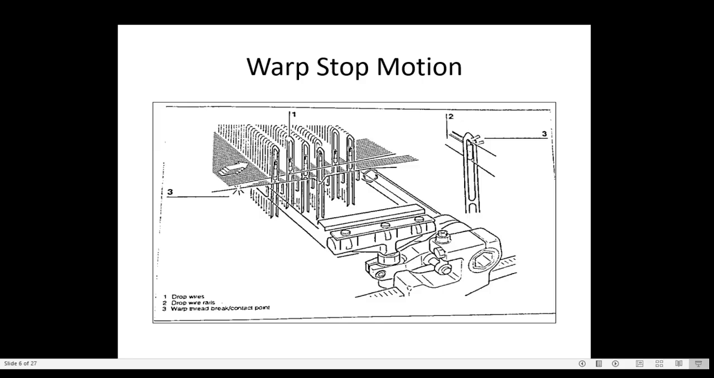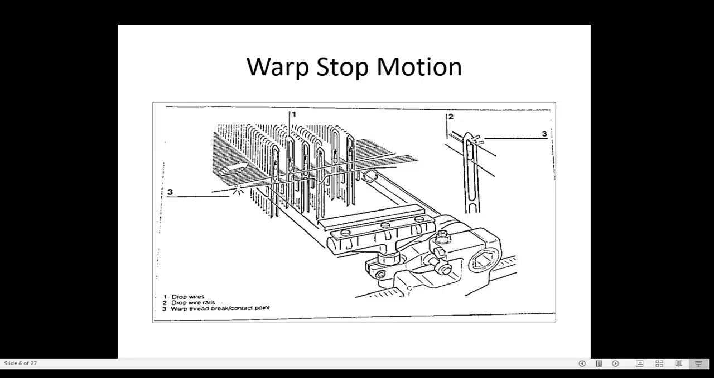Whenever any warp breaks, the third point in the figure we are seeing here, the drop pin falls down. When the drop pin falls, it falls on the rail and the electronic circuit gets closed, and the weaving machine stops. Whenever the electronic circuit gate is closed, the signal goes to the main motor, and the main motor doesn't stop, but